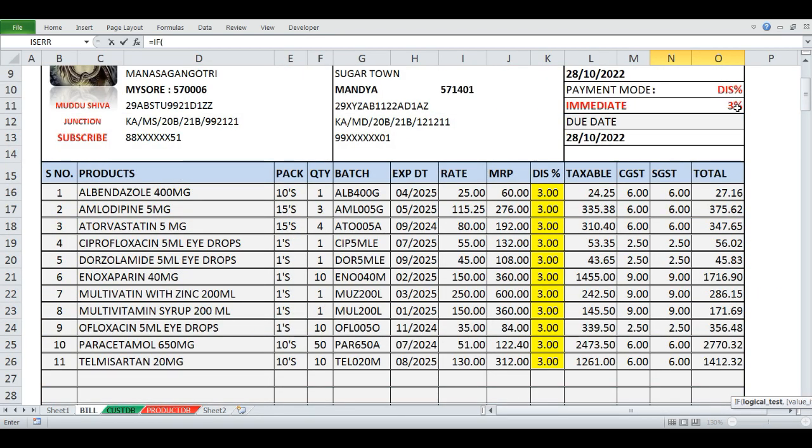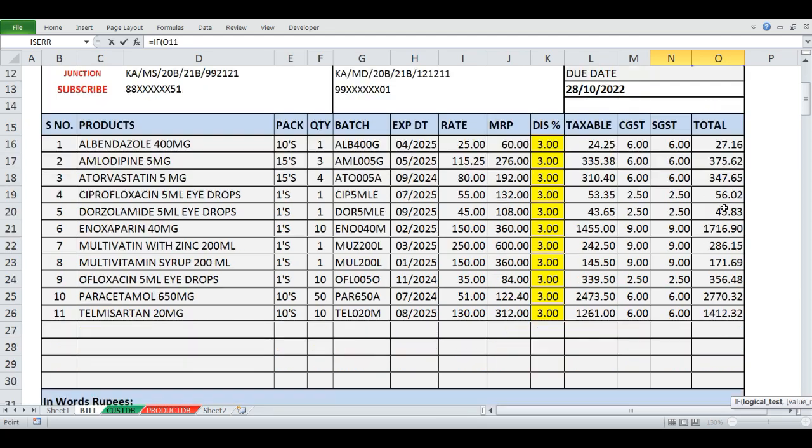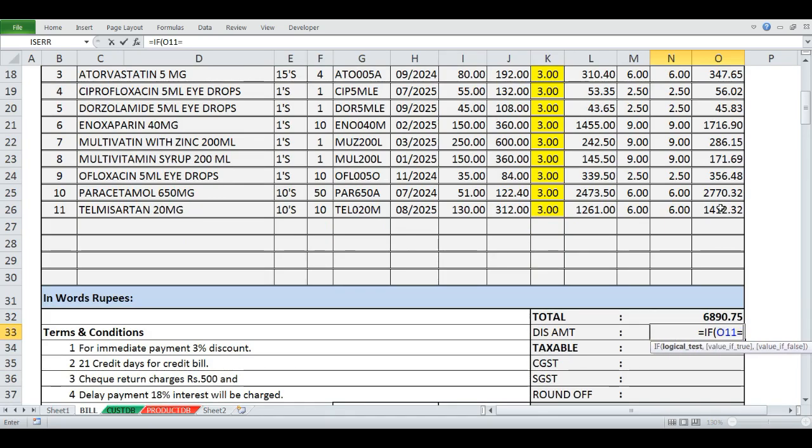For that we should select this O11 is equal to, if O11 is equal to 3%, then comma, total value, this N32 into 3% discount divided by 100,